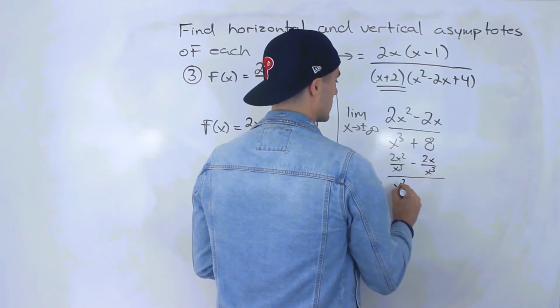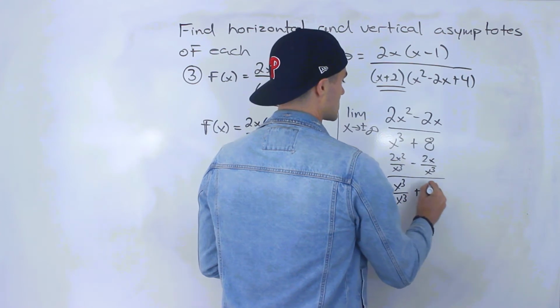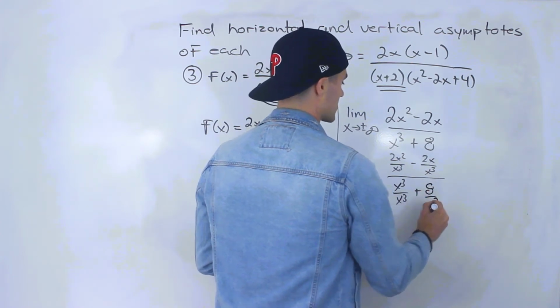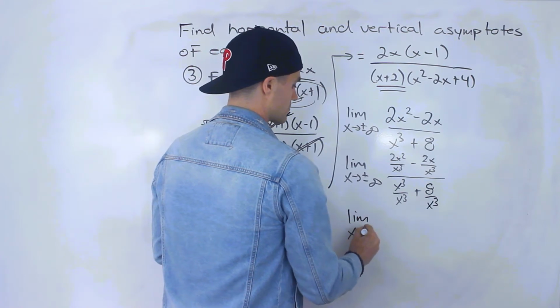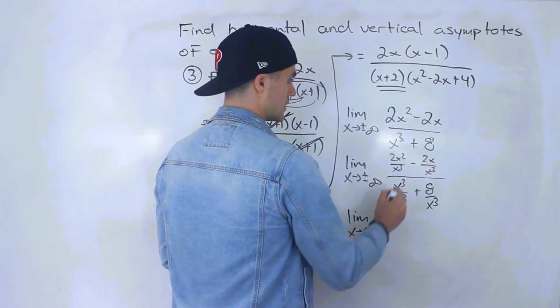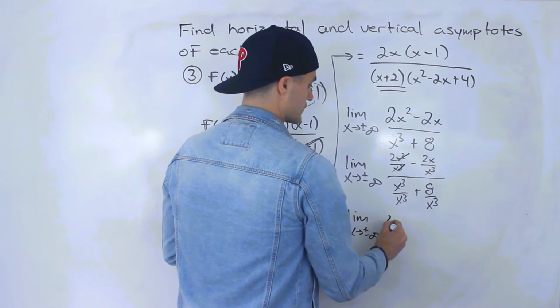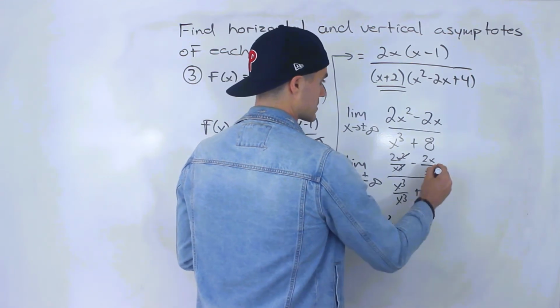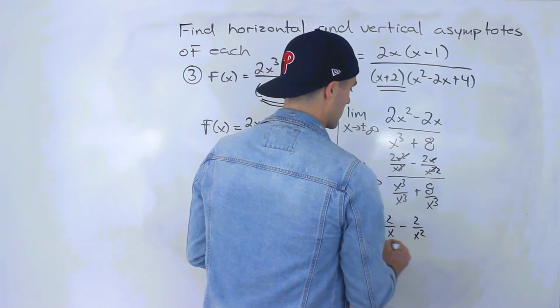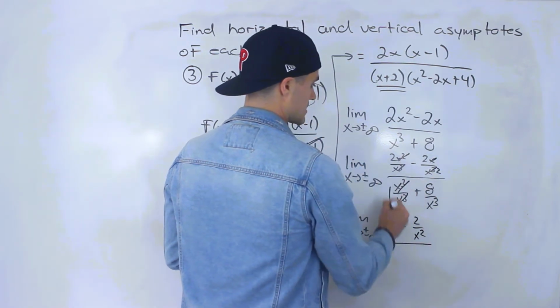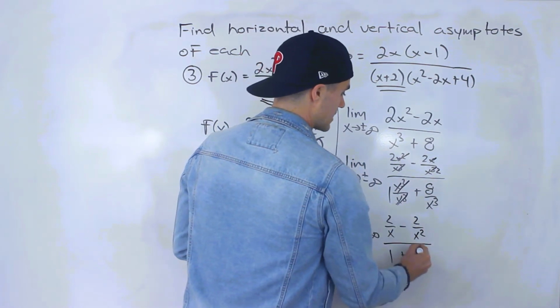We got x to the 3 divided by x to the 3 plus 8 over x to the 3. So we'll have limit as x approaches plus or minus infinity. This, so we'll have 2 over x minus this, 2 over x squared over this, that would just be 1 plus 8 over